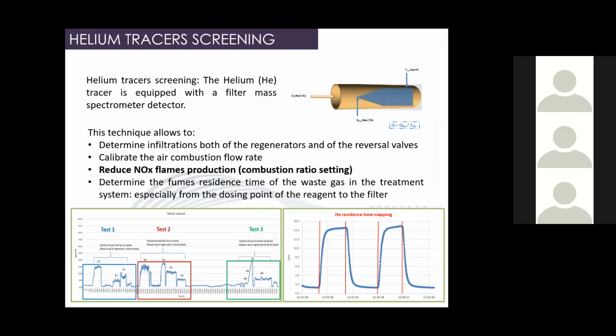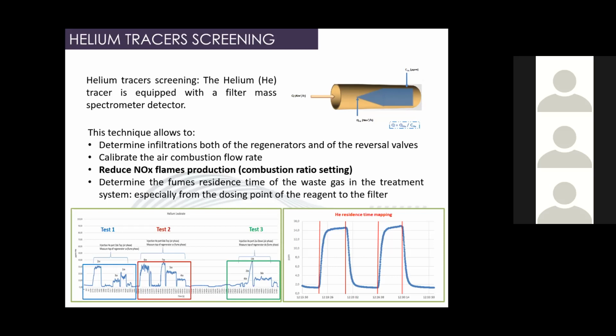This is a new technique we started to use in the last year. It could be a useful tool to optimize the process, because I'm talking about the use of helium as a tracer inside the furnace. With a filter mass spectrometer detector set for the measurement of helium, it's possible to optimize the process. This technique allows us to determine the infiltration at the regenerators and the reversal valves. It's possible to calibrate the air combustion flow rate, and